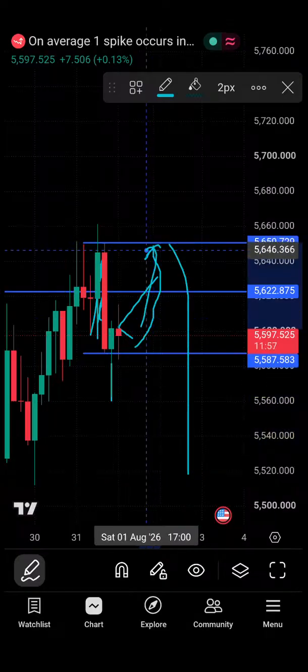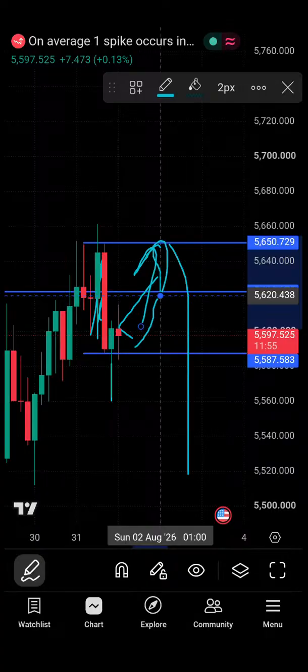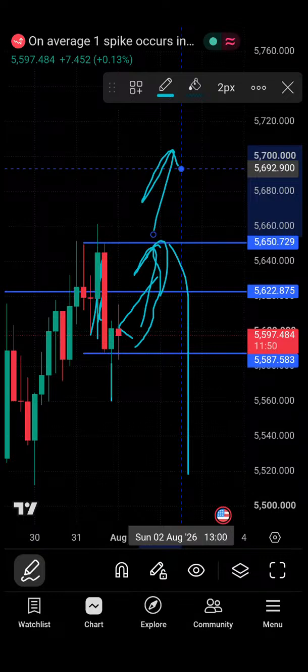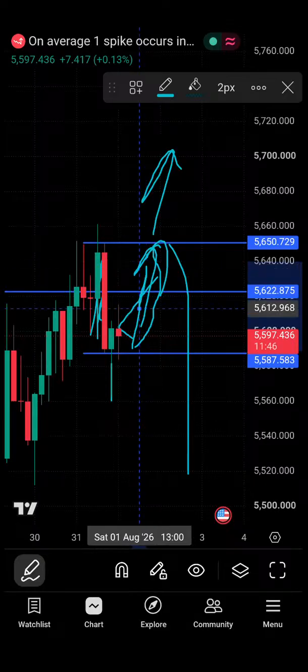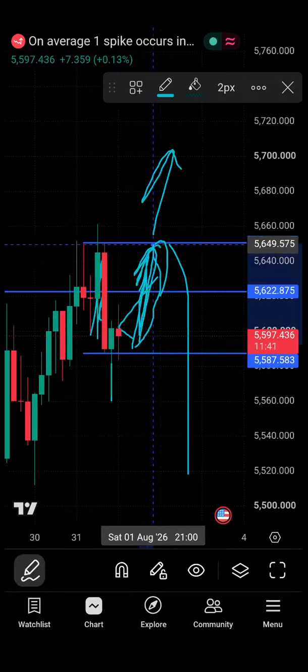It must close before moving towards the other direction, or it can still continue moving towards the upside. But according to CRT, it means here we are expecting the price to go up,